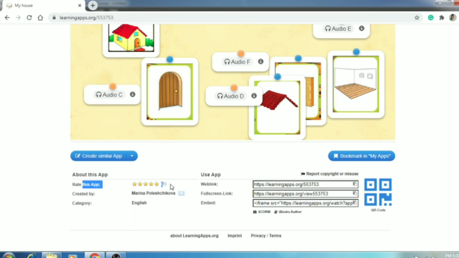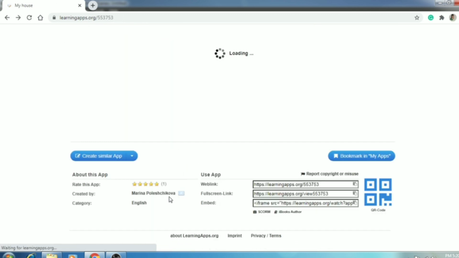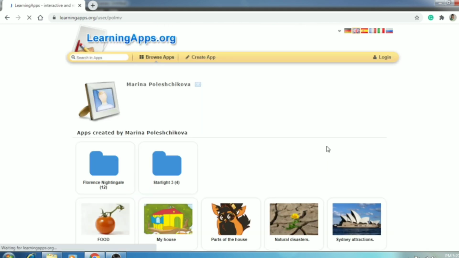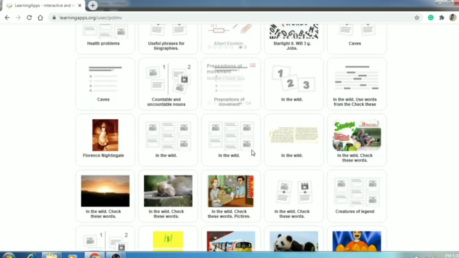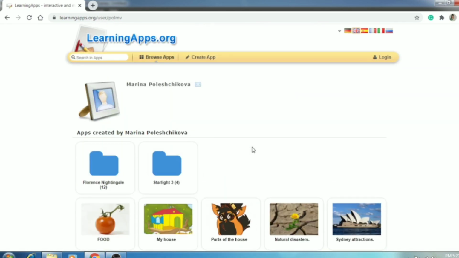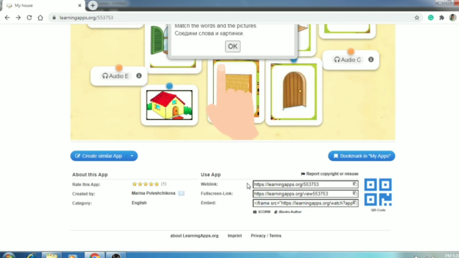Here we have Create an App. So the teachers can create on the same application. Based on this, you can change the audio and you can change the video. And if you click on the creator's name, it will show what modules he has created till now. Those are the things created by the same creator. So you can choose by the creator, or by the content or the category. And we have the rating button there.